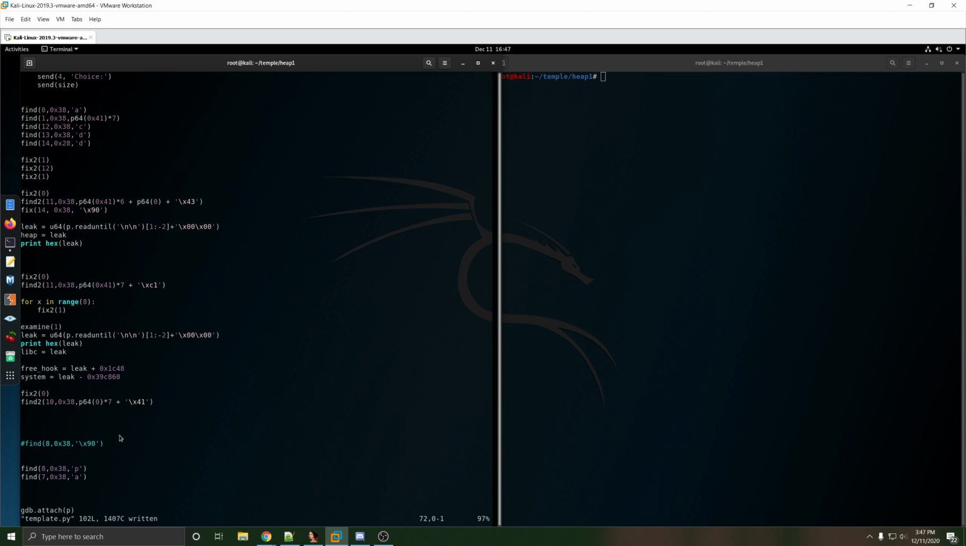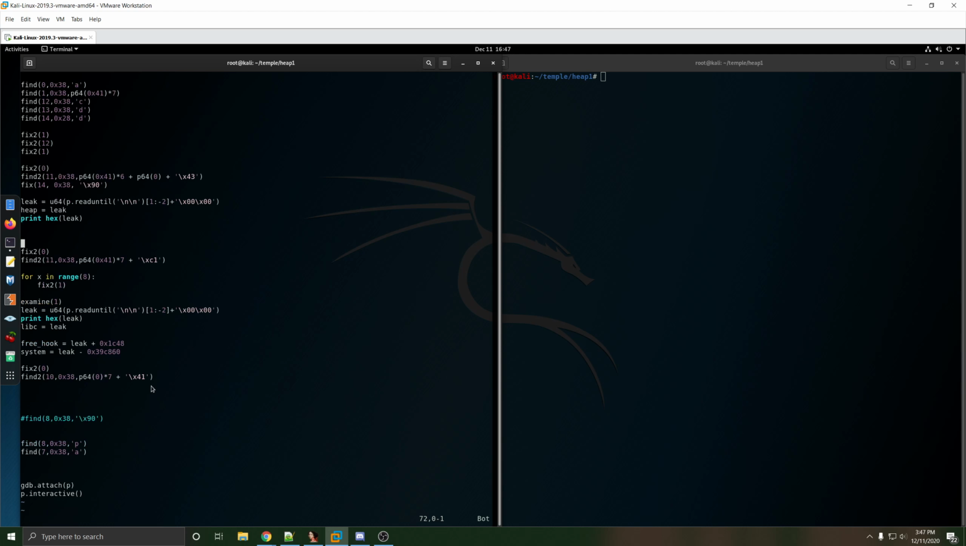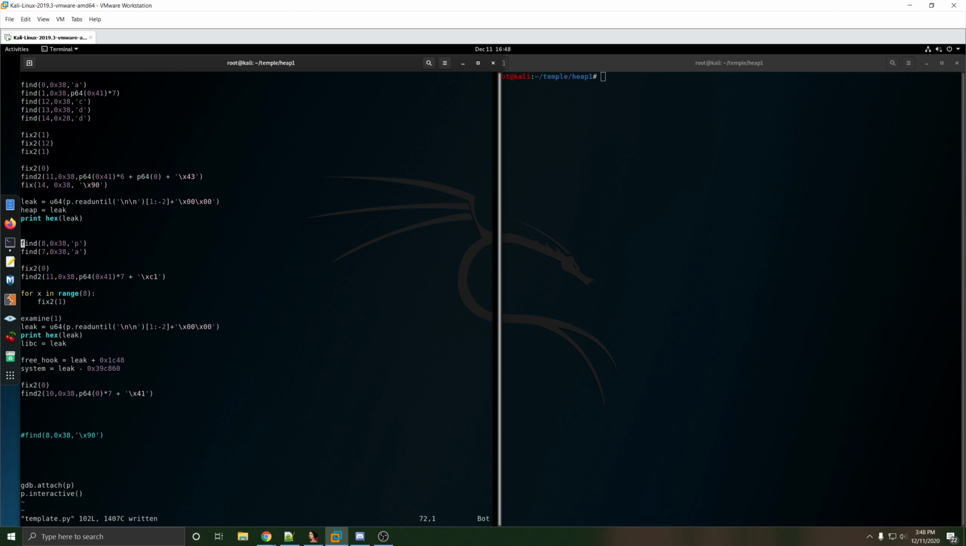Then from the heap leak, we can allocate... Oh yeah, I know what I was doing. We're going to allocate these 2 chunks because we want to get the pointer up there first before we try and consolidate. Because another reason for that is the other method I was trying to consolidate was trying to